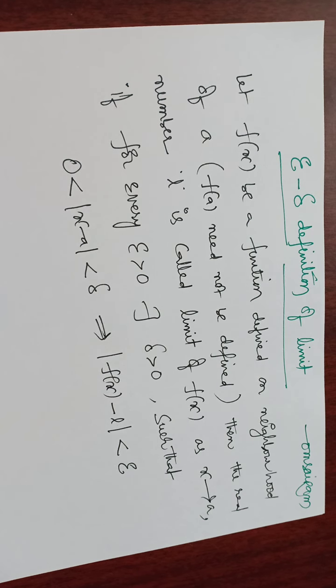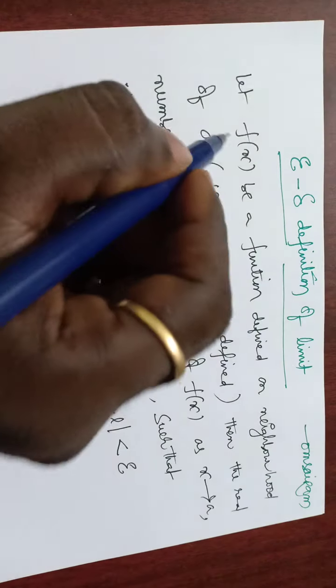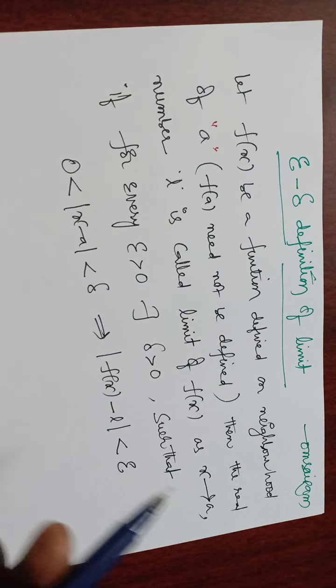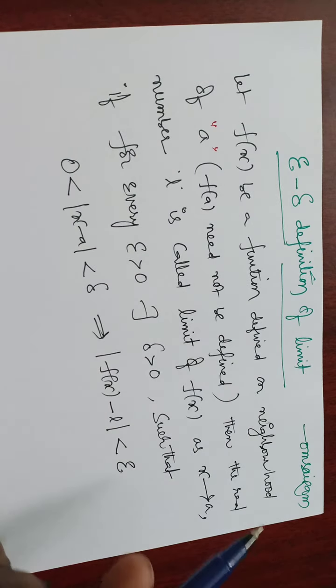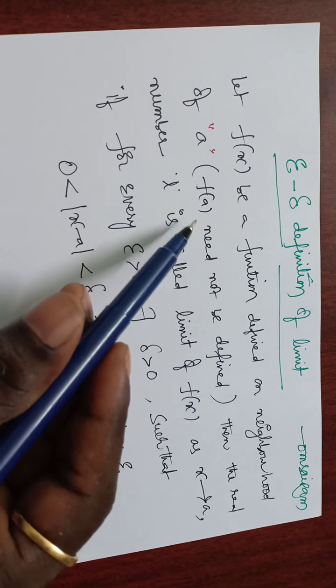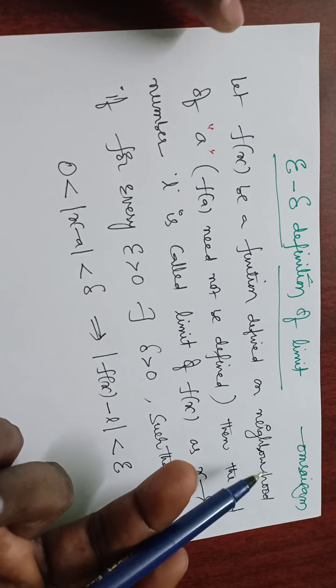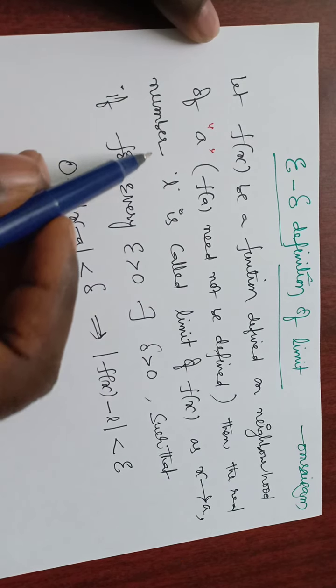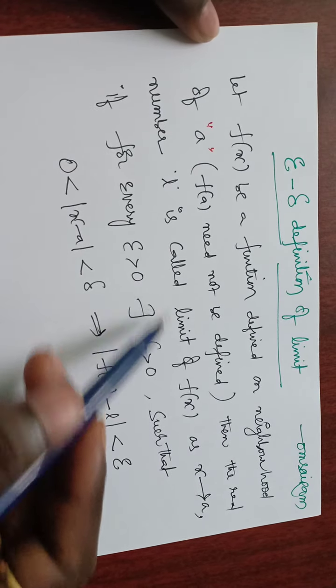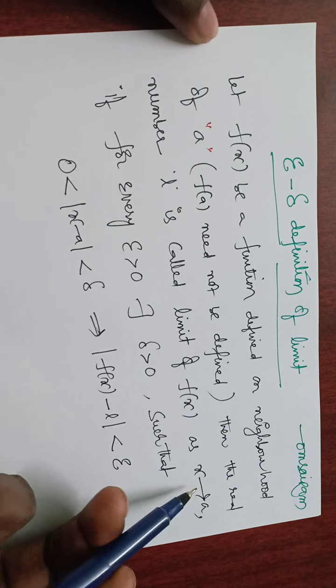Let f of x be a function defined on some neighborhood of a. It may be a deleted neighborhood or a neighborhood. If it is a deleted neighborhood, then f of a is not defined. Then the real number L is said to be a limit of f of x as x approaches a